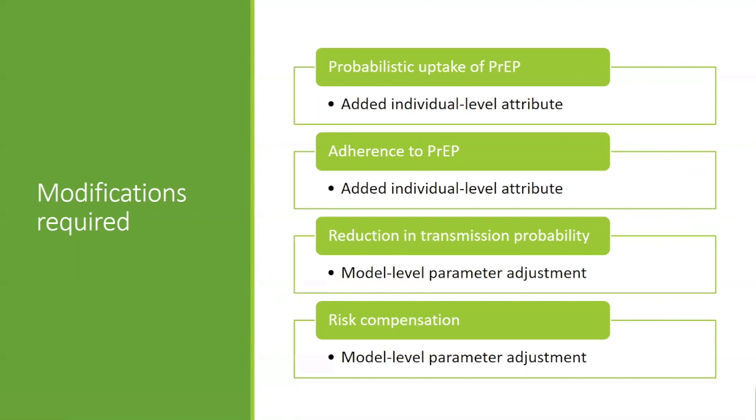One that's equivalent to, yeah, all right, once then I stopped. One that's like a couple of doses a week, and one that's full adherence. And then reduction in transmission probability based on level of adherence. And then as a sort of sensitivity analysis, we looked at risk compensation. So the idea was that people have a sort of level of risk they're willing to accept, and if you help them reduce that risk, they find ways of increasing it to compensate. So the big question was, are people going to feel invincible and undo all of the benefits, right?